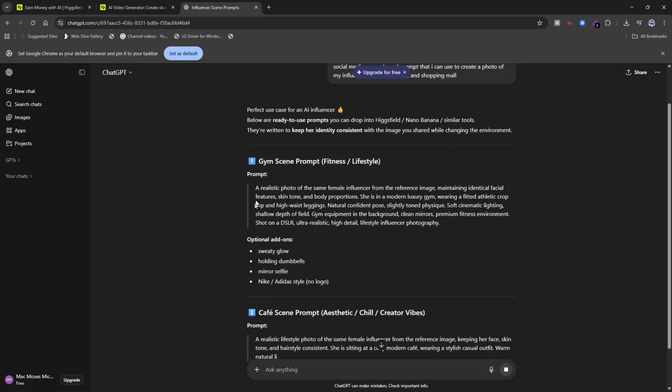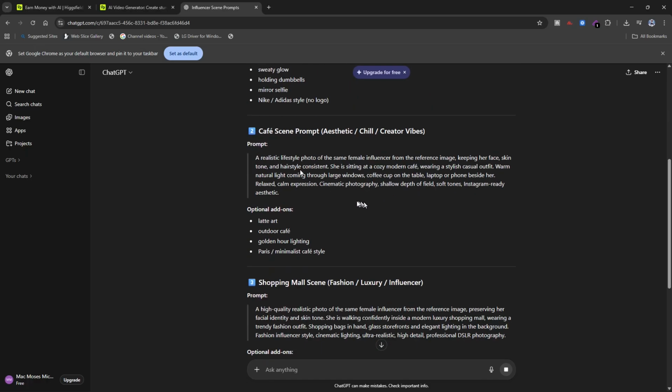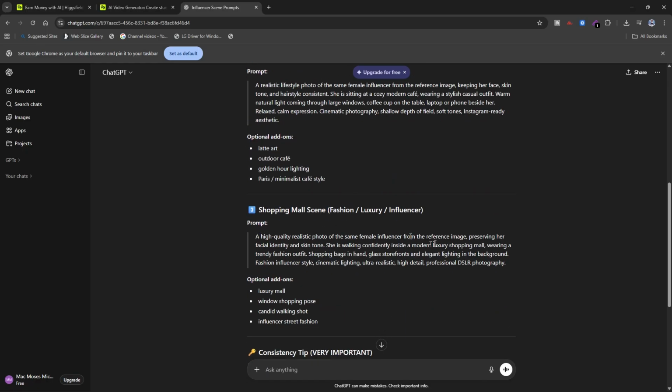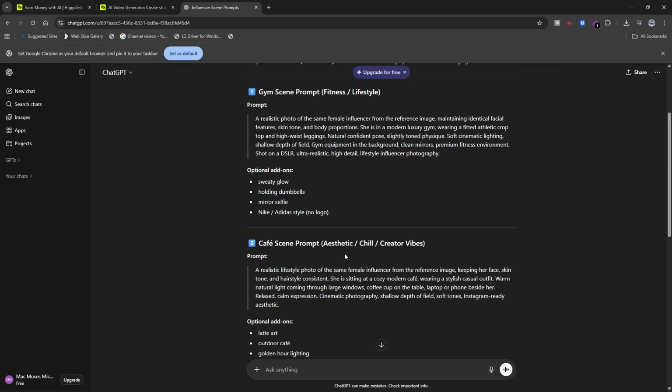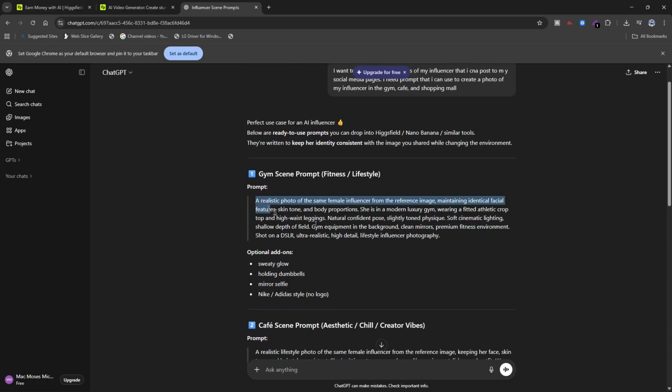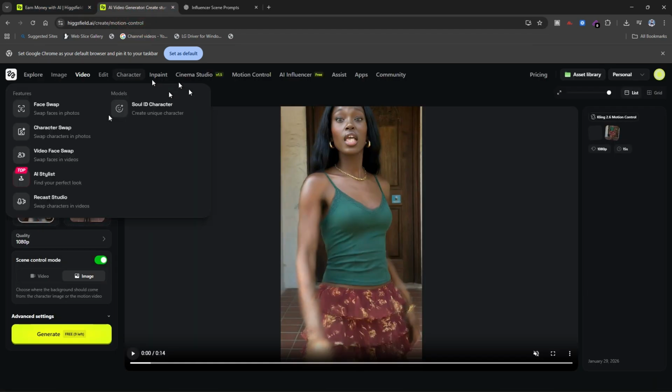Okay, now you can see we have the first one, a realistic photo of the same female influencer from the reference image, maintaining identical facial features, skin, and so on. Then we also have the cafe scene. We also have the shopping mall scene. So what you want to do now is to copy the first prompt, copy that, go back to Higgsfield, and